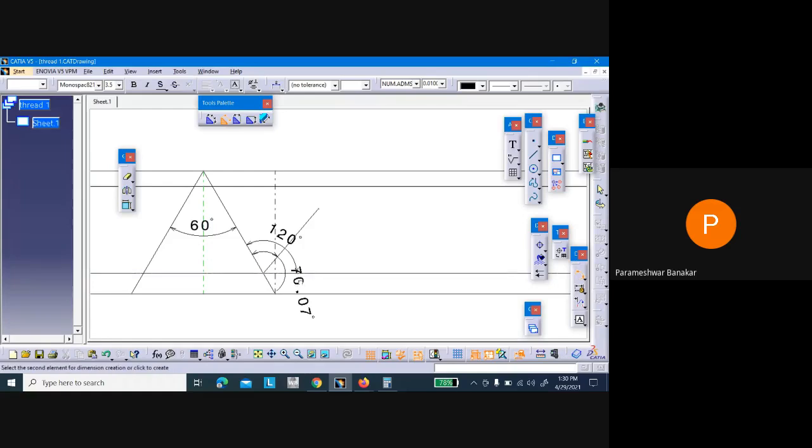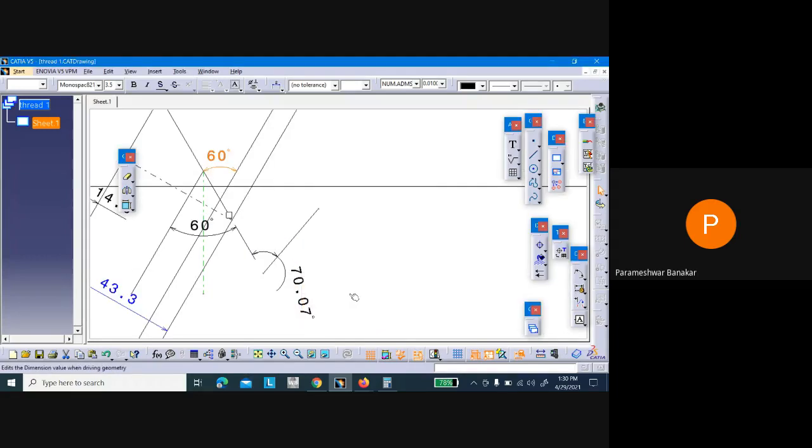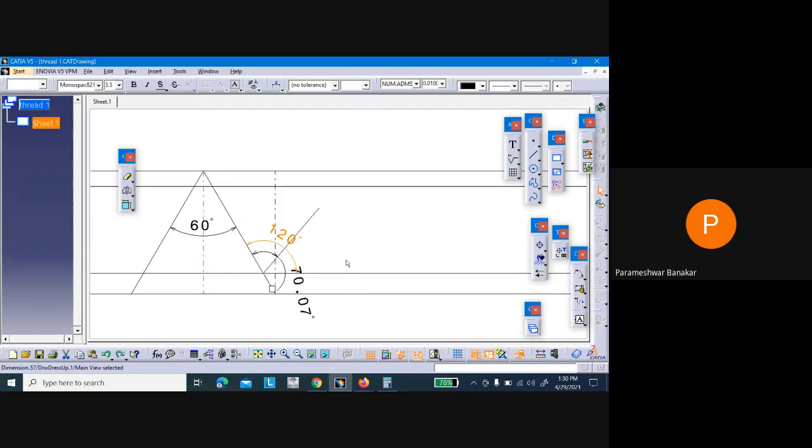So how much is this? 70 is there, make it as 60. Remove this 120. I just wanted to show that, so that is the reason I gave it.